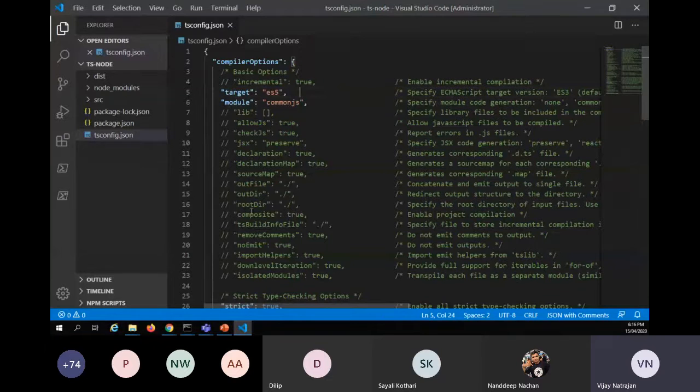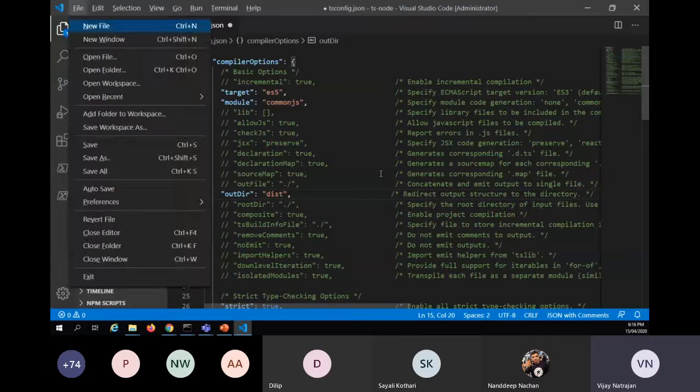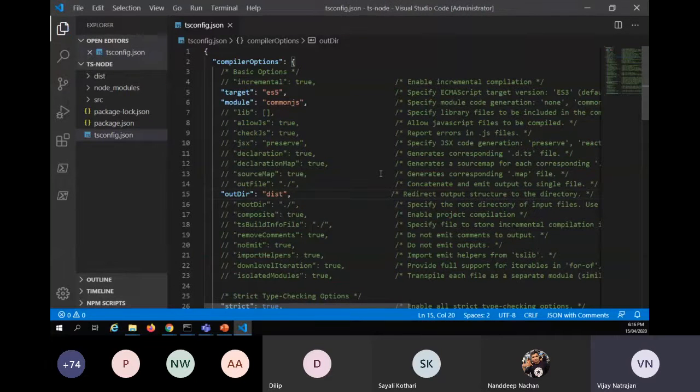Then one option that I want to have is I want to create an output directory where all these files will be stored. So I will uncomment line number 15, and I will just say that the output directory is dist. Okay, so this is my output directory, and if I want, I can create